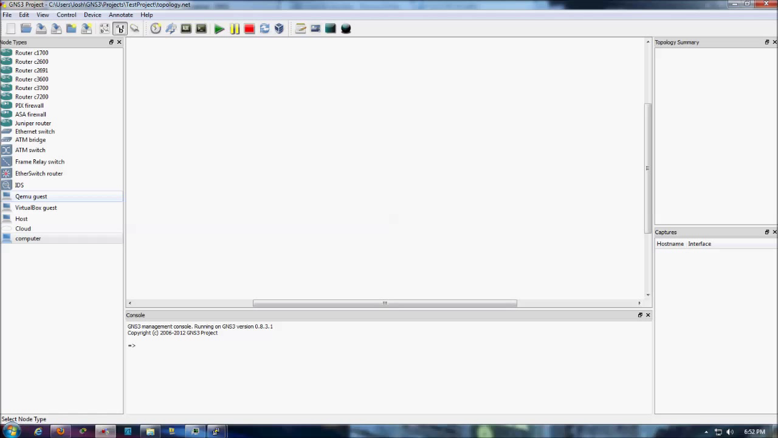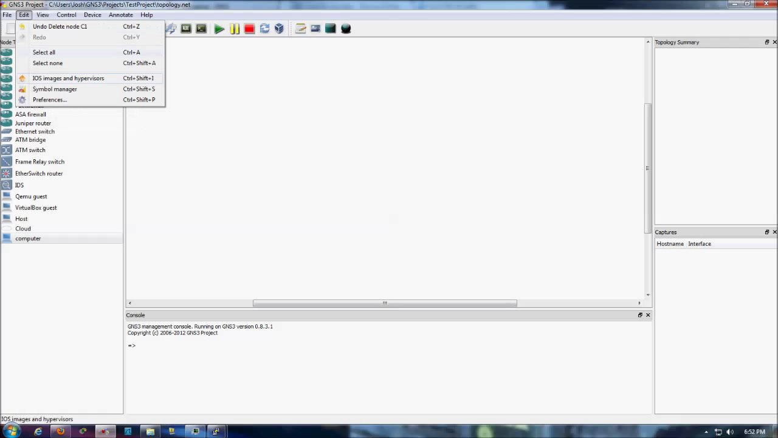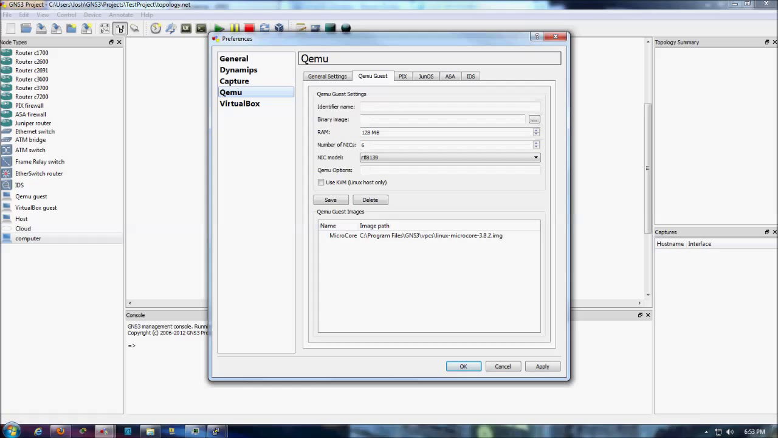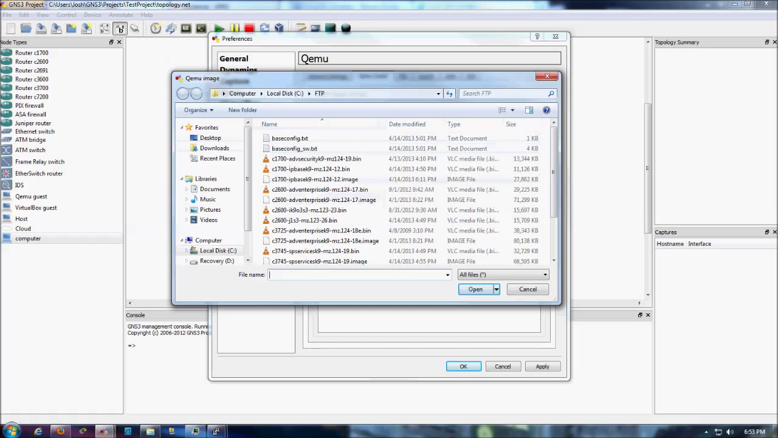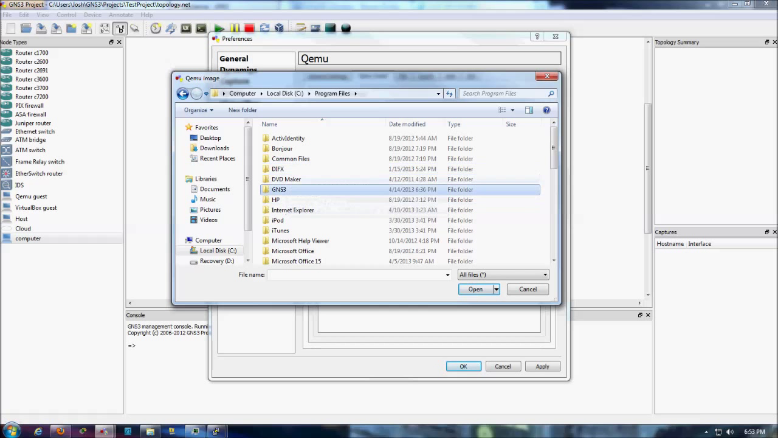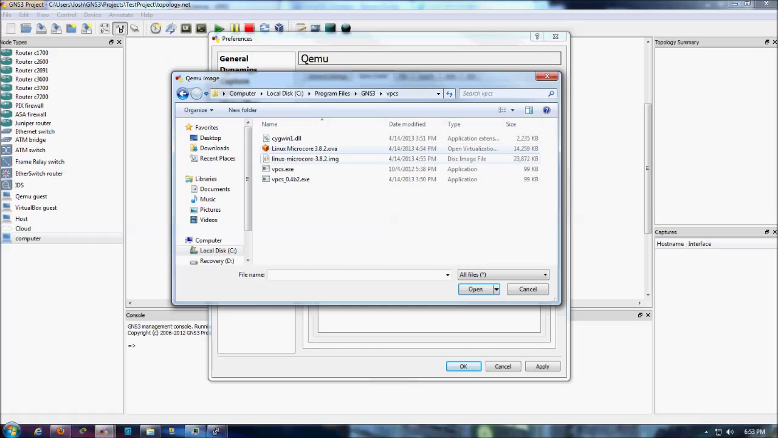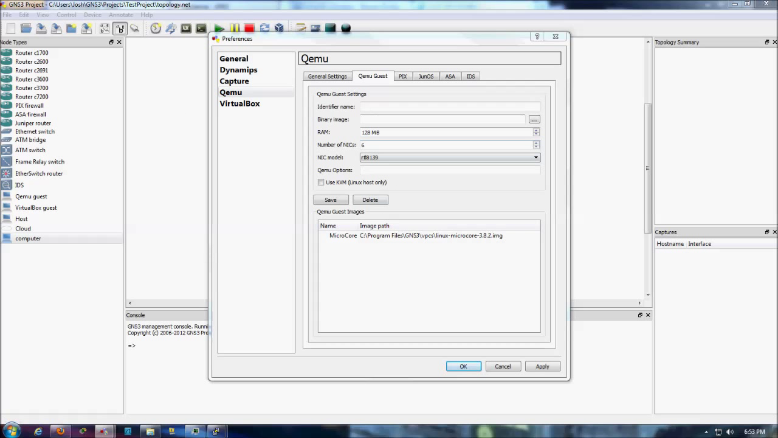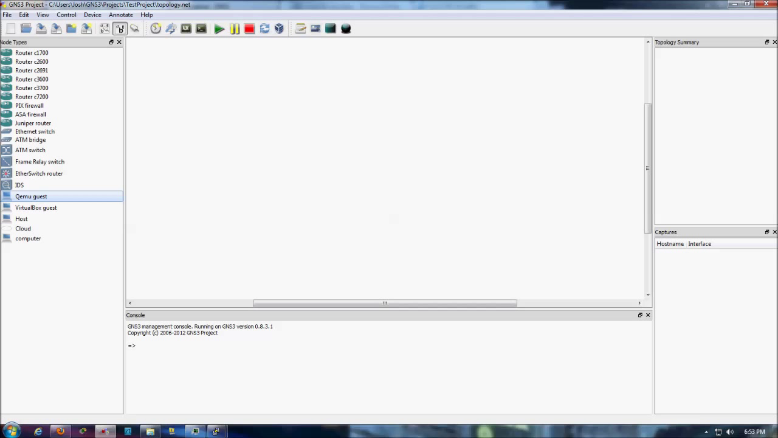Now we've got this QEMU guest. You can go to Edit, Preferences. So QEMU under here, QEMU guest. What you would do is find that binary image that you downloaded. I saved mine in my GNS folder. So you go ahead and grab that image file, okay? Once you've done that, you can tell it how many NICs it has, RAM, stuff like that, and then save it. Okay, so now when you fire it up from now on, it's going to use that image file to boot. So drag it out here, drop it,